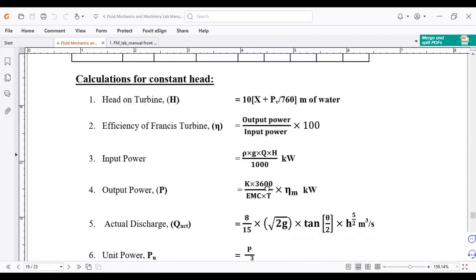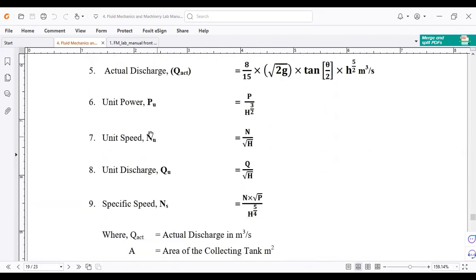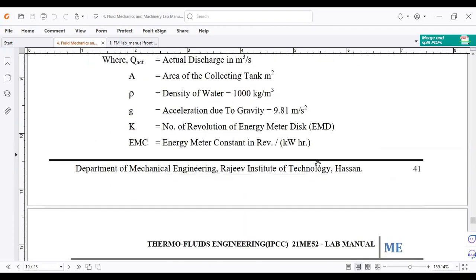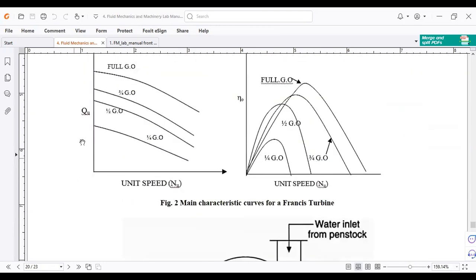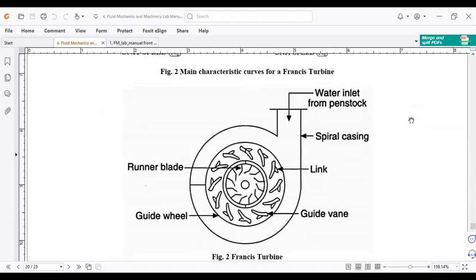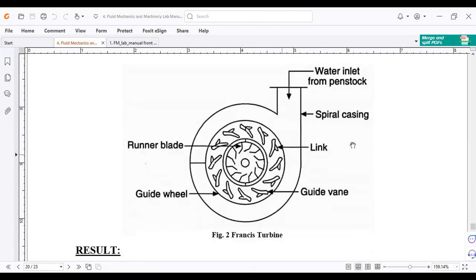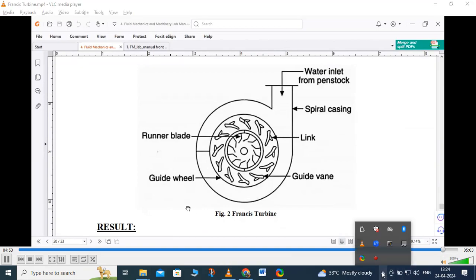Next, for the constant head, to calculate the unit power, we are going to use these equations. And this is the calculation part for the Francis turbine. The characteristic curves should be obtained after the calculation, by plotting the graph. All those things we explained during the experiment. Francis turbine, the guide vanes, the runner, as well as the spiral casing, everything is we